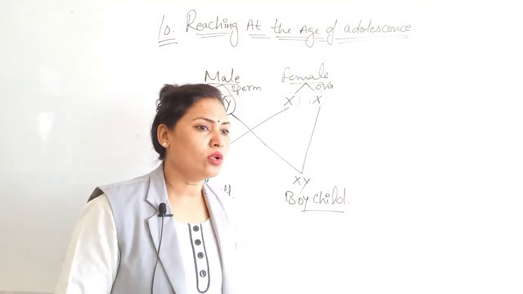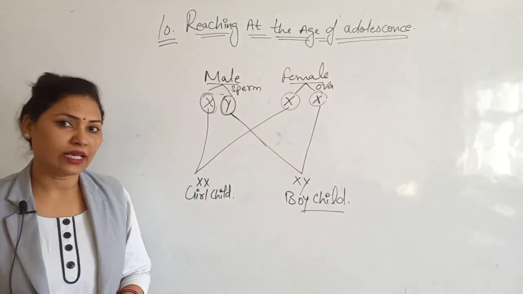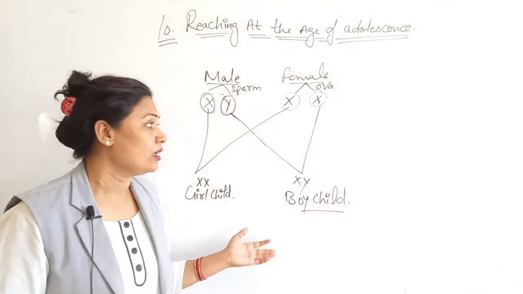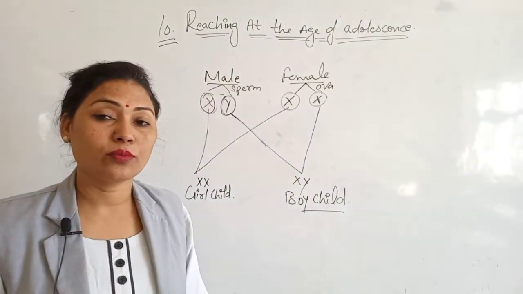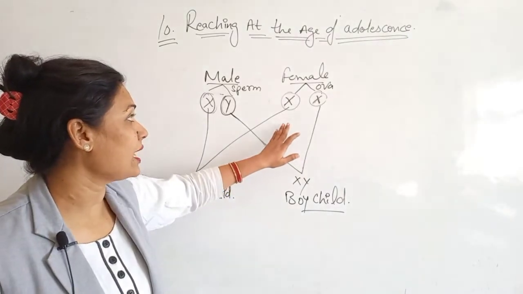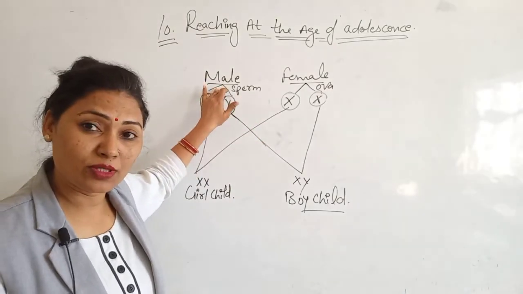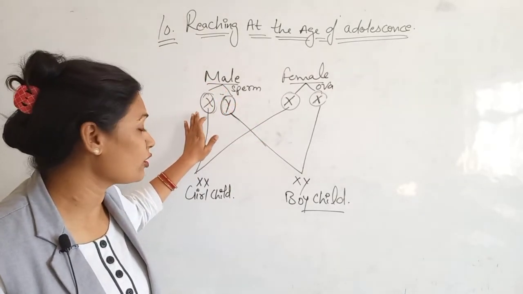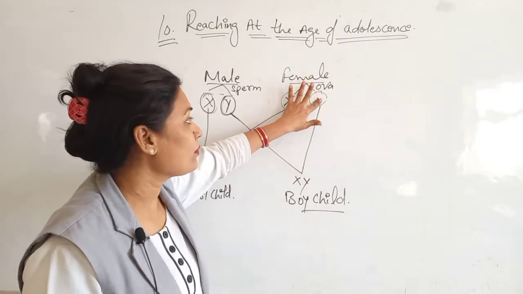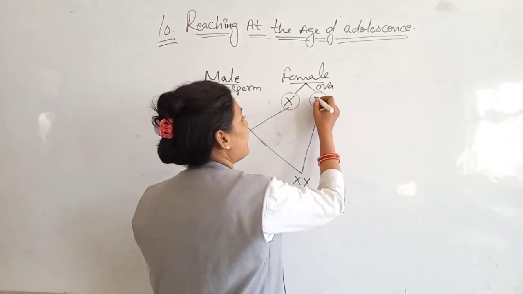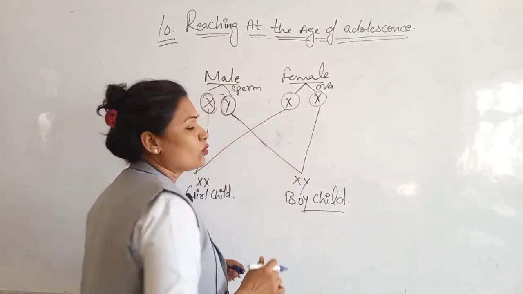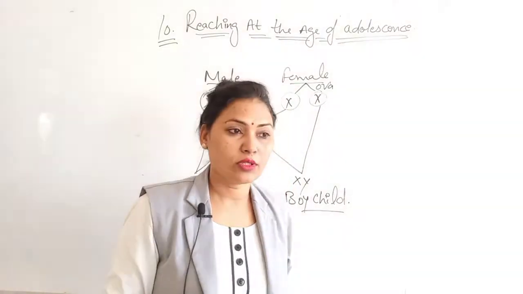Okay. So, the role of hormones that I have told you, and the role of chromosomes are here. So, who will determine the sex of the child? Who is responsible for that? The male is responsible for that, because the male contains both the chromosomes X and Y, while the female has only one type of chromosome, that is X. Okay, but the male contains both X and Y chromosomes. Okay, so these are the main things.